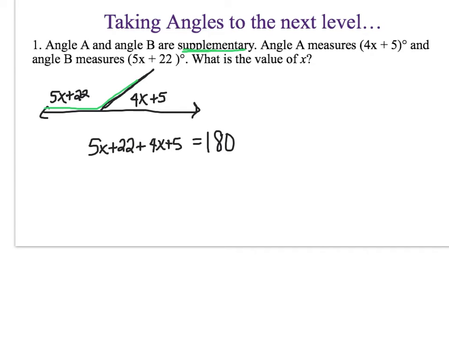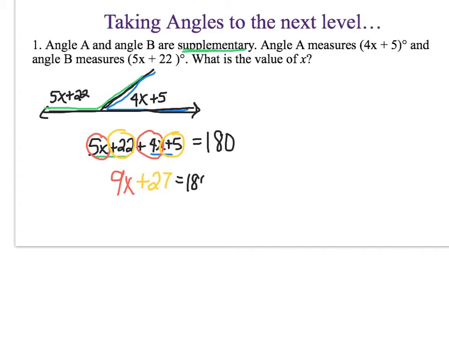So the first angle plus the second angle equals 180. Now this is a long equation. I see that I can combine like terms. I have 5x and positive 4x, so 5 plus 4 is 9x. Then I have a positive 22 and a positive 5, which gives me a positive 27, and that's all going to equal